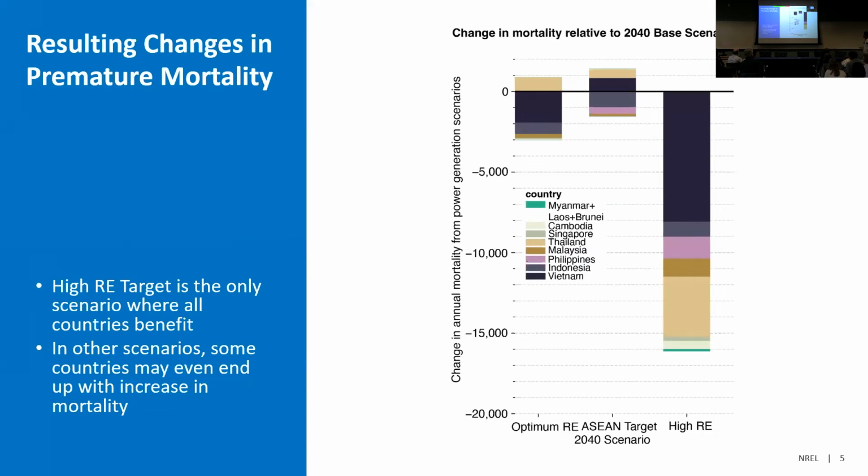So what I show on this is the resulting changes in premature mortality from that. Before I jump to this, I want to say that this is only 2040. If we were to consider from 2025 to 2030 and to 2040, because coal is going up, other fossil fuel sources are going up, mortality in general increases across all the years. Now, there could be some differences from one country to another, but in general, region-wide, there is a significant increase in the mortality. So this graphic here just shows for 2040 how these different scenarios compare